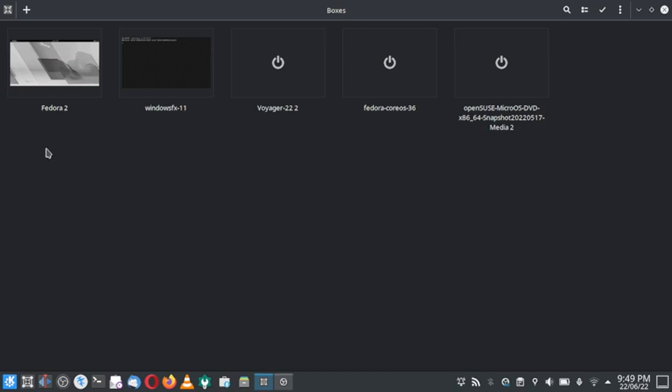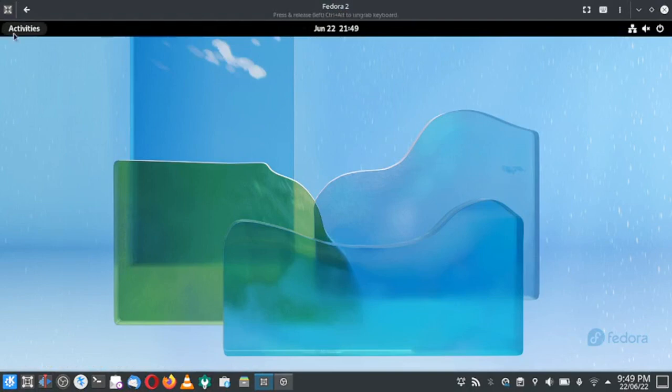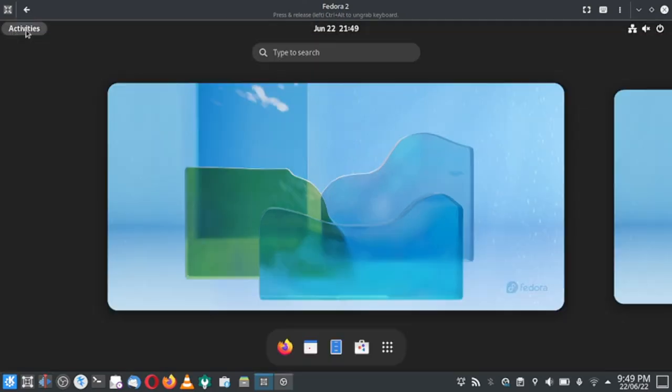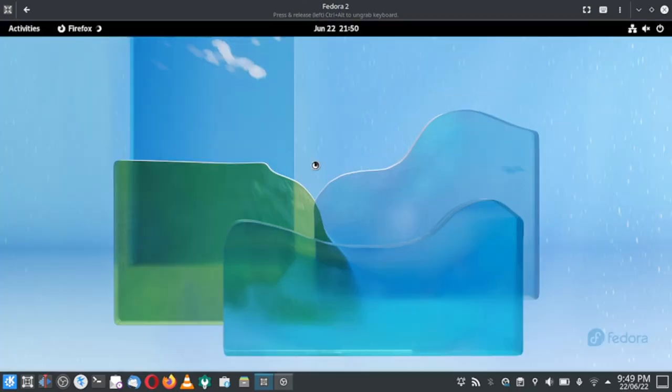So for that, let us head to the Fedora virtual machine that I have set up. I have already installed the Fedora machine. Then I have updated it to the latest available updates, so there are no further updates available, and everything has been installed. It is a fresh install. Now we will head over to the surprise, which we will view in the